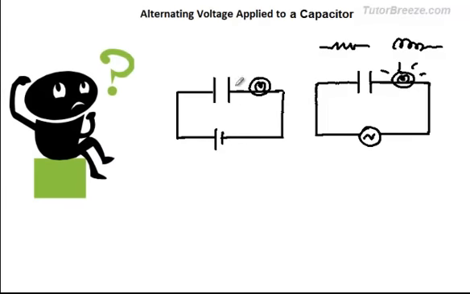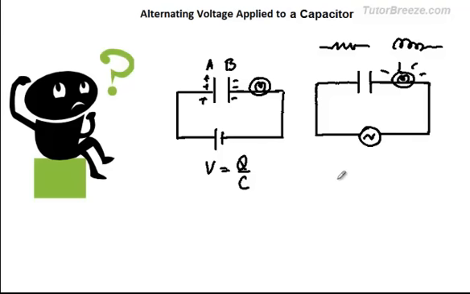See, in case of the DC source, let's call these plates A and B. Now the plates A and B acquire a positive charge and a negative charge respectively. During that very short while when the capacitor is getting charged to a voltage which is given by Q over C, which means current is flowing in the wires during that time, this lamp will glow. But then very soon it goes off. The current stops flowing.